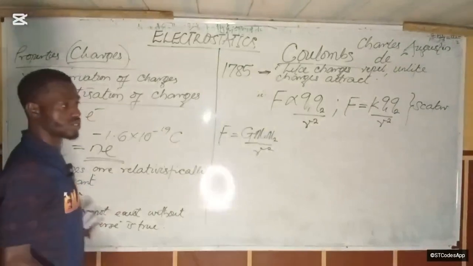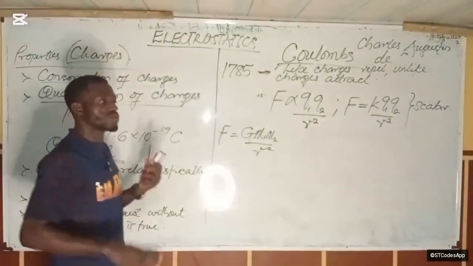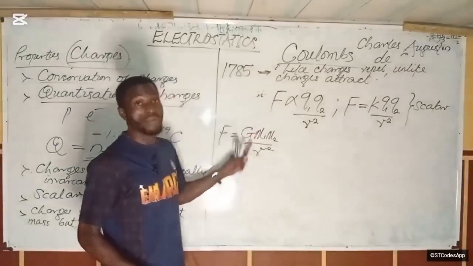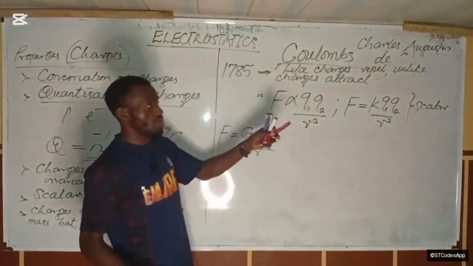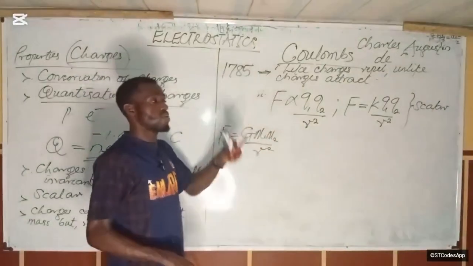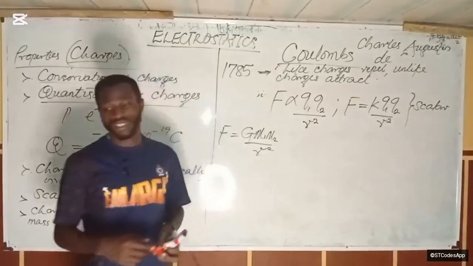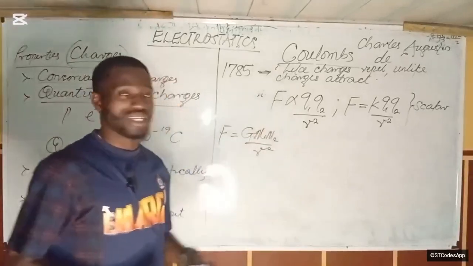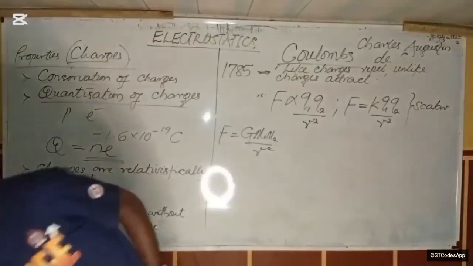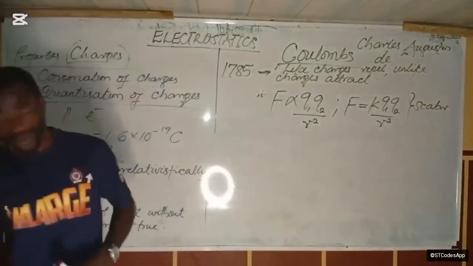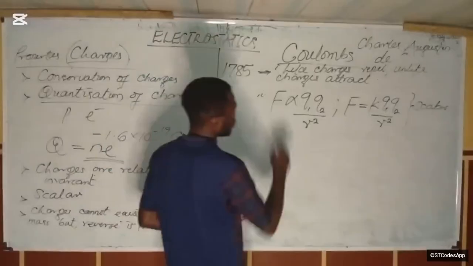Masses have charges on them, and the masses are not repelling each other. All the time masses attract, but charges are either capable of repelling or attracting each other. The electrostatic force, which is there, is either attractive or repulsive. That's my point. It's either attractive or repulsive. All right, so these are the two forces.